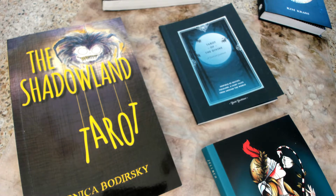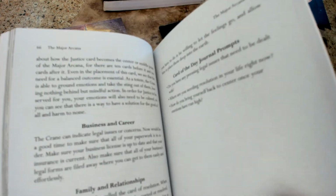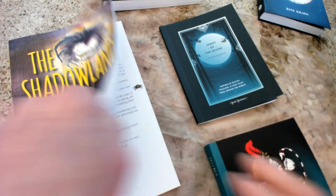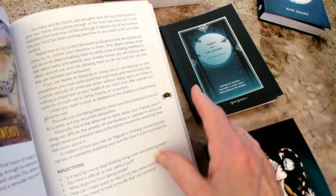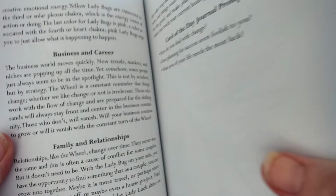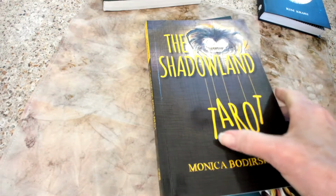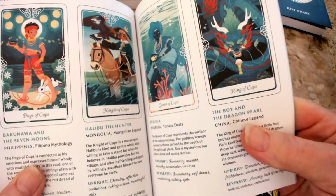And I mentioned briefly the font. Again, you've got a very traditional font in a book like this, the Animal Totem Tarot. And you have a different kind of font here called a sans serif font. So it's simpler, more modern looking. And again, I'll try to show the difference between that and this, which looks more like a business letter type font, a Times New Roman or something like that. So font can also make some difference